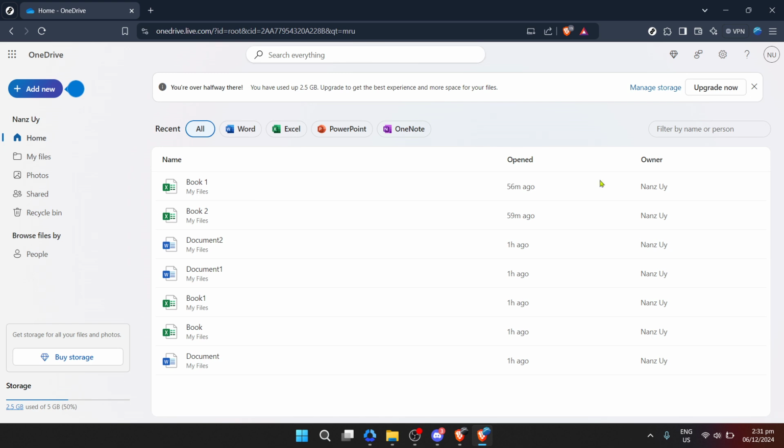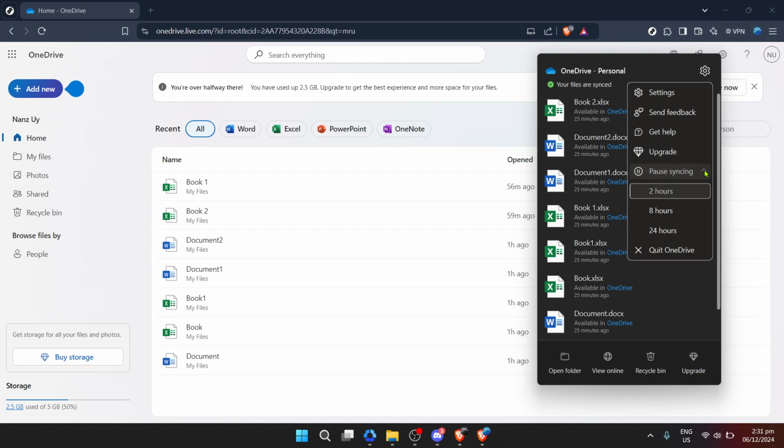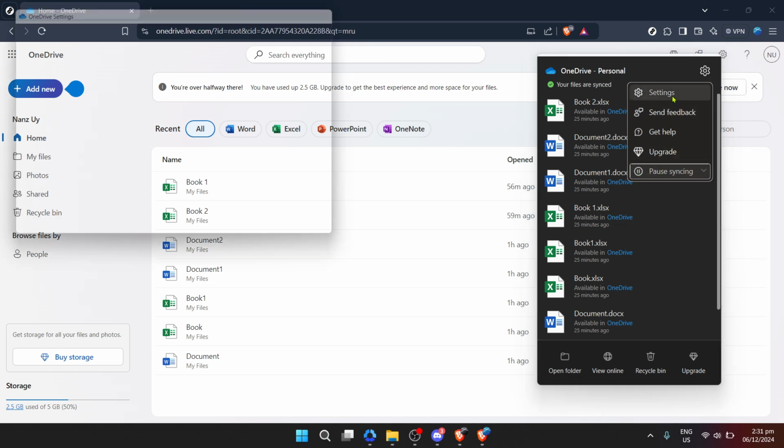First up, you'll need to open the OneDrive app on your desktop or laptop. It's important to note that OneDrive typically comes pre-installed on Windows computers, and you can easily find it by searching for OneDrive in your start menu if you're using a Windows 10 or 11 machine. For Mac users, if OneDrive isn't already installed, you can download it from the App Store and follow the setup